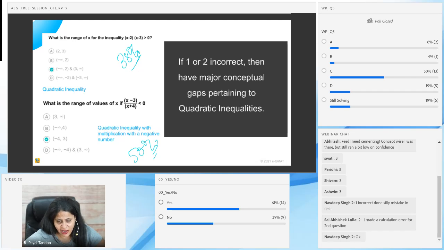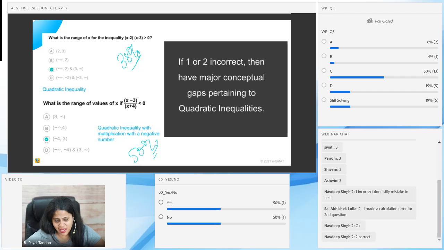Now again, how many of you made at least one mistake? If you answered both questions correctly, click on yes, because the feedback for you is that, according to this analysis, you do not have anything major lacking in your conceptual ability. But if you have made even one mistake, then no. So about 11 or 12 of you have major conceptual gaps. So now let's move on to